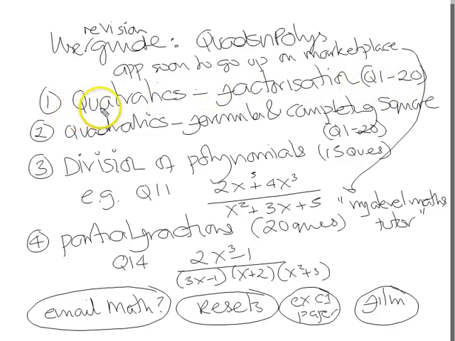I always try and tell you the simplest way possible to do things, so look out for that. And then quadratics using the formula, again the simplest way possible, and also the method of completing the square. There's 20 questions. First 10 is on formula. The second 10 will be on completing the square. So have a bash at those, and then we move on after that in the third row